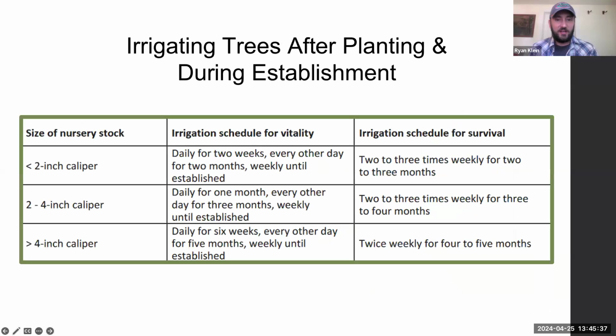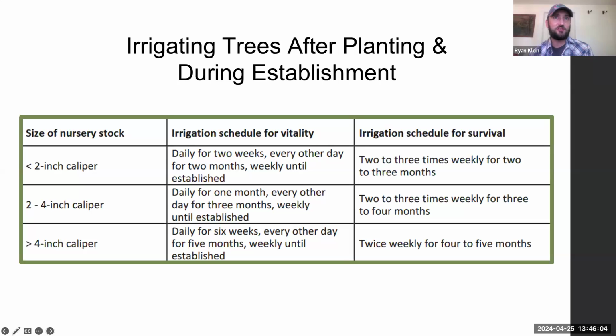And then just some general recommendations here for the establishment period, depending on where you're at in the state and what size the tree is at planting. Just for example, for a less than 2-inch caliper tree, you might water it for vitality daily for 2 weeks, and then every other day for 2 months, and then weekly until established.